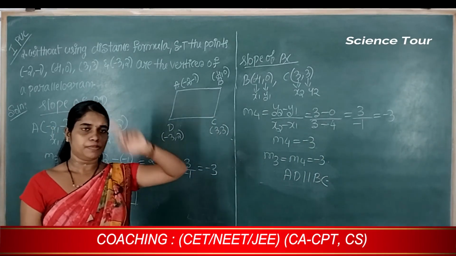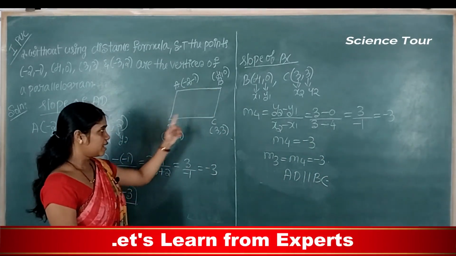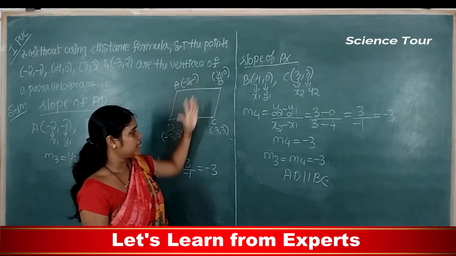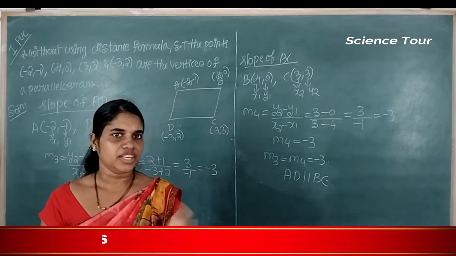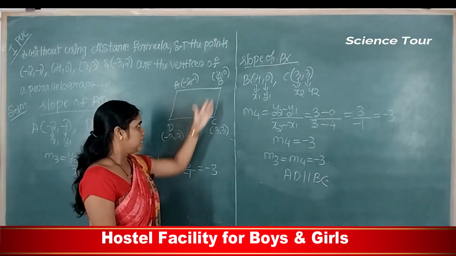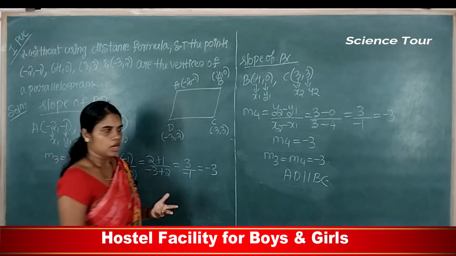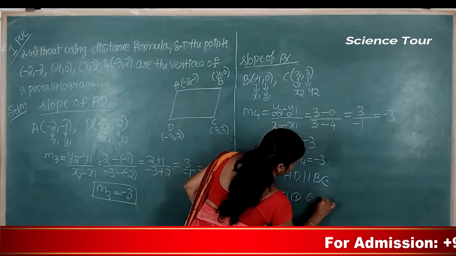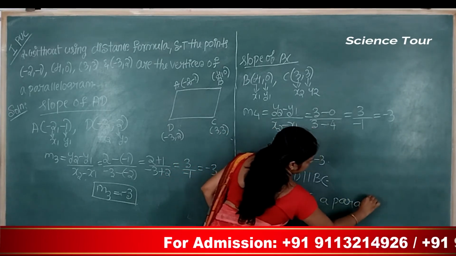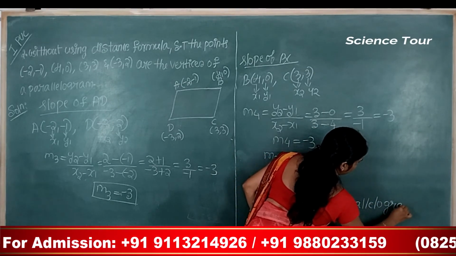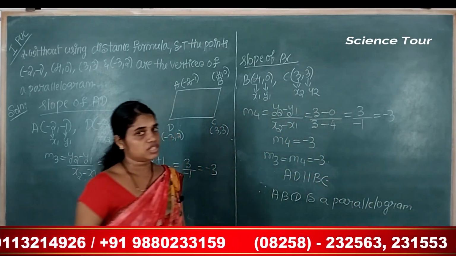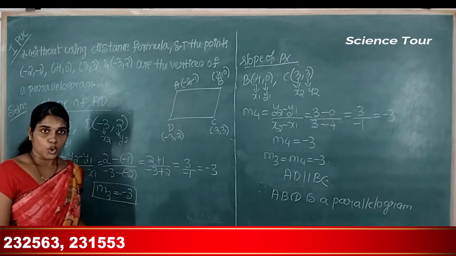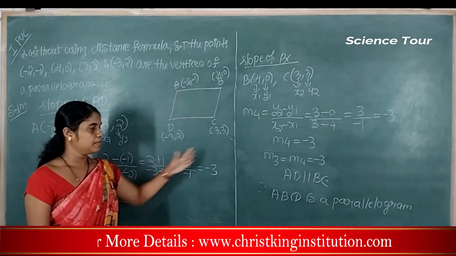In the first step we proved the line AB is parallel to the line DC. In the second step we proved the line AD is parallel to the line BC. So now by referring these two results, can we say ABCD is a parallelogram? Yes. So therefore I can say that ABCD is a parallelogram. How can we prove this is a parallelogram? Without using distance formula and by using the concept of slopes of a line, we can say that ABCD is a parallelogram.